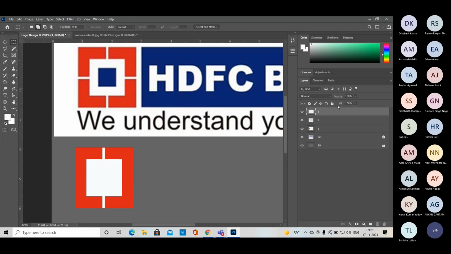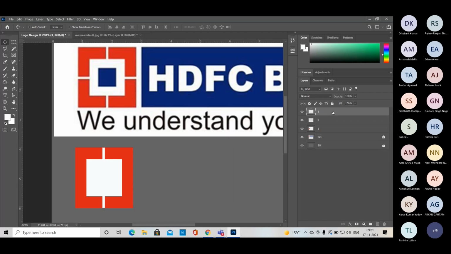Is it okay? Now we have lines already available, so we have to change. So we can copy the line, go on the move tool and just press Alt. We have an option, right? Press Alt and just drag it. So we can find another copy of layer 3, right? Another option for copying layers: just press Control J. Control J is again a shortcut for copying a layer, right?